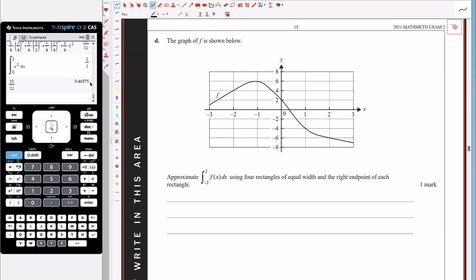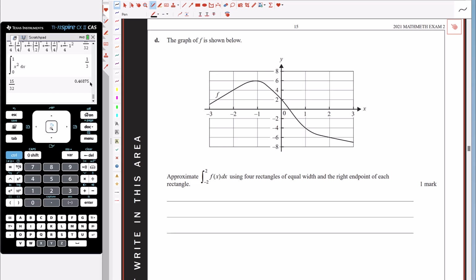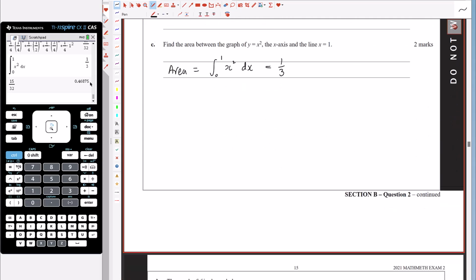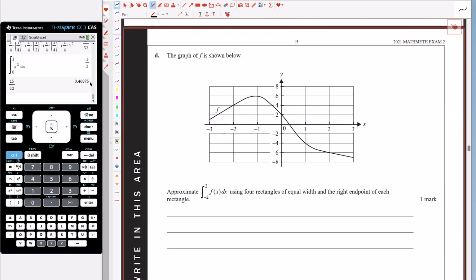Okay, the graph of f is shown below. Okay, have we met f before now, or is f an unknown thing? No, we've not met f. This is our first introduction. We don't know its equation, that's what its graph looks like. Approximate the integral from -2 to 2 of f of x using 4 rectangles of equal width and the right endpoint